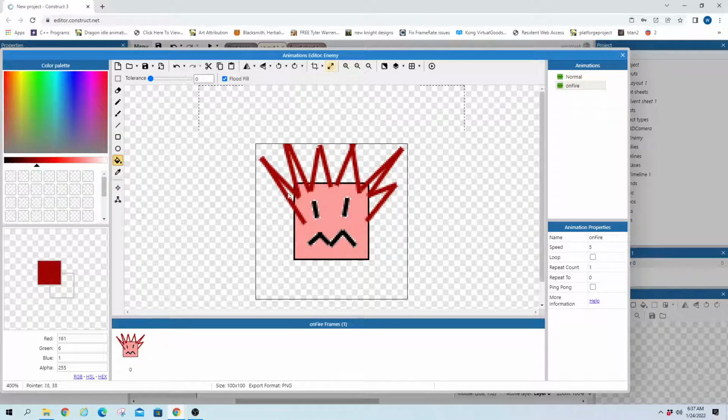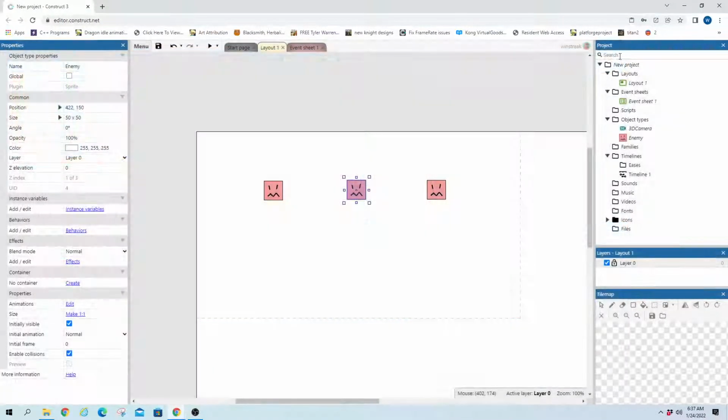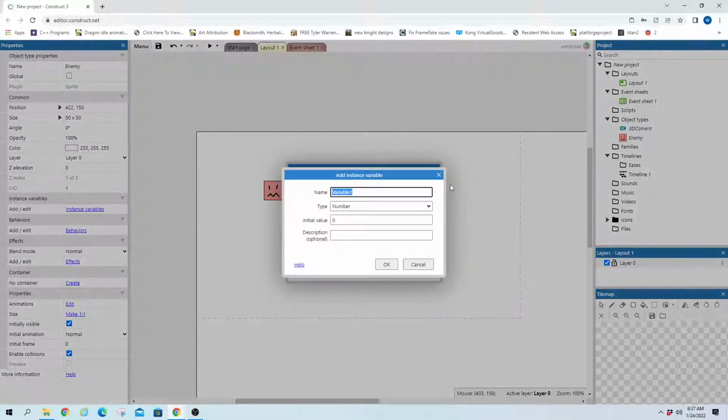It looks like hair, but we get it. It's obviously painful fire. So we got that going, and each one of these will have that, both options. And we also want to give them a variable of on fire,